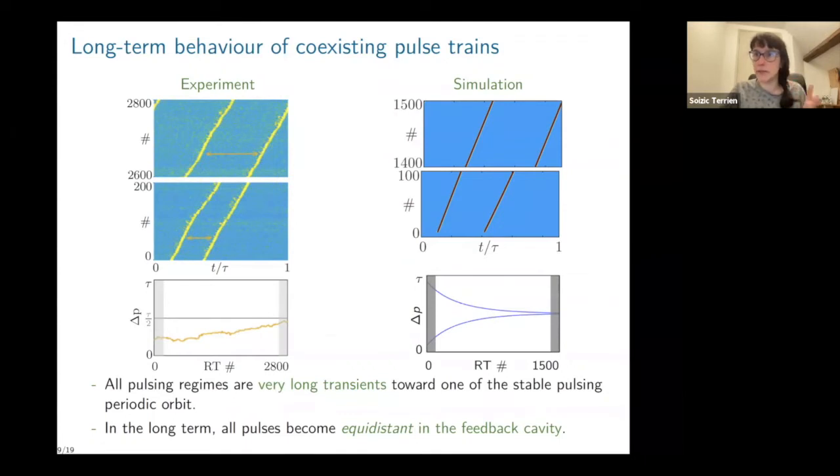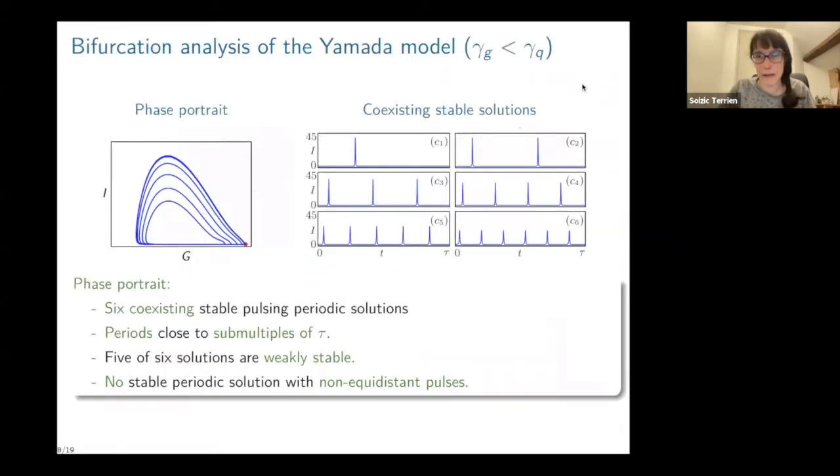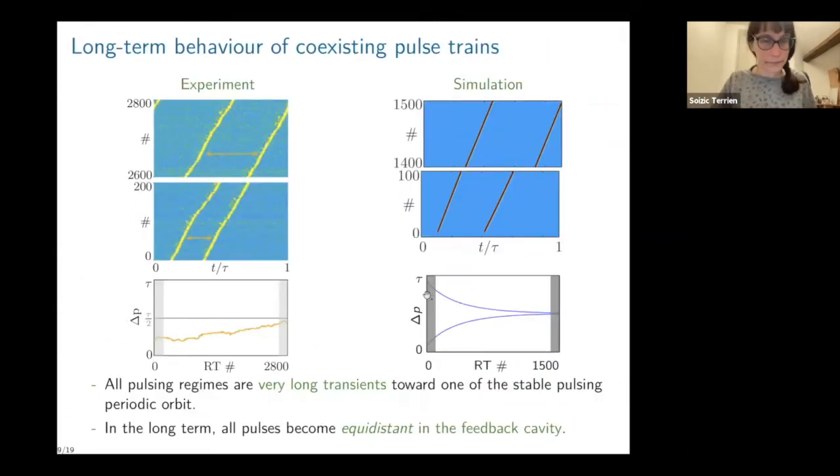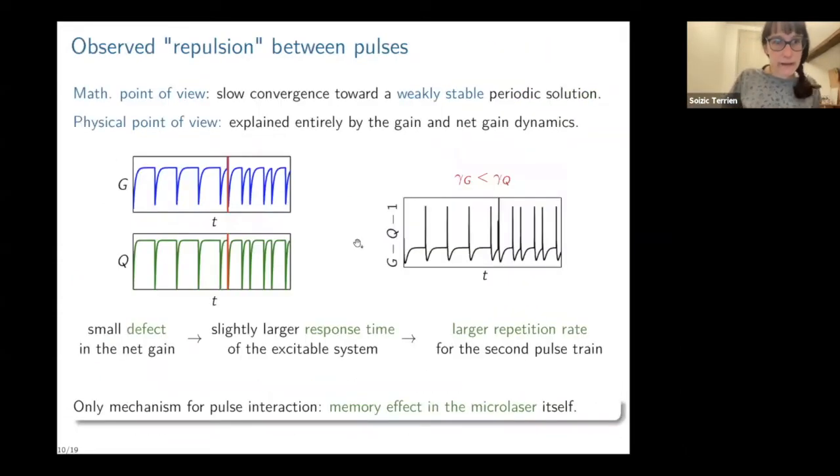So there's really a difference between the short-term dynamics and the long-term dynamics. In the short term, we can regenerate virtually any kind of pulsing patterns for a limited number of round trips. But in the long term, we have to remember that we will converge towards one of these stable pulsing solutions with regular pulsing patterns. So that's what we can explain from a mathematical point of view, but also from a